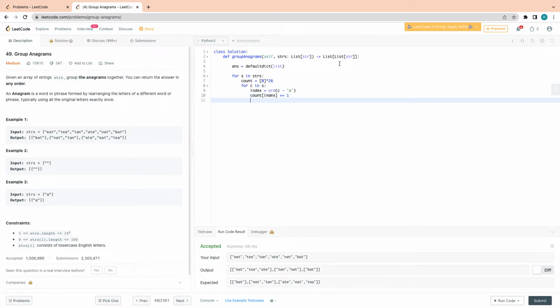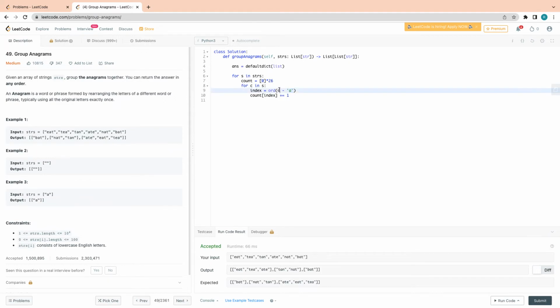So what exactly I'm doing here is finding the index of the character for this given 26 length array, right? So the value of a is 65, right? And this character is also 65. So I'm going to minus it, and it will give me,